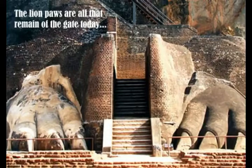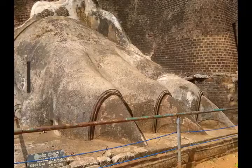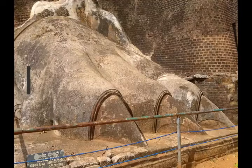Buddhist monastic settlements were established in the 3rd century BC in the western and northern slopes of the boulder-strewn hills surrounding this area, and several rock shelters or caves were created during this period. In 477 AD, Kashyapa I, the king's son by a non-royal consort, seized the throne from King Dhatusena following a coup, and the king's nephew and army commander, the rightful heir Moggallana, feared for his life and fled to South India, and afraid of an attack,